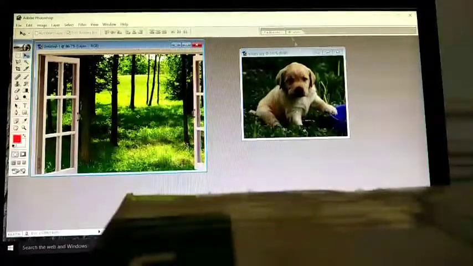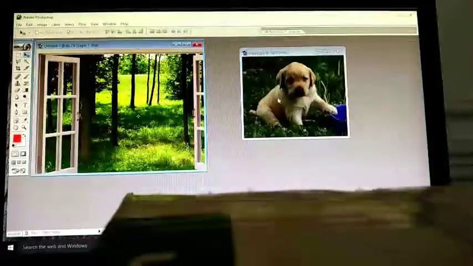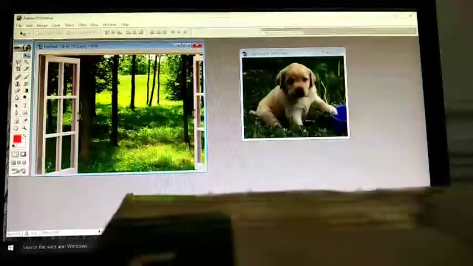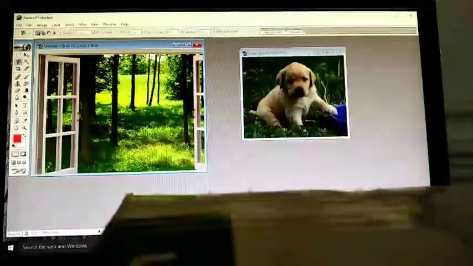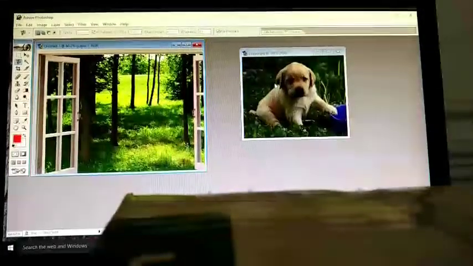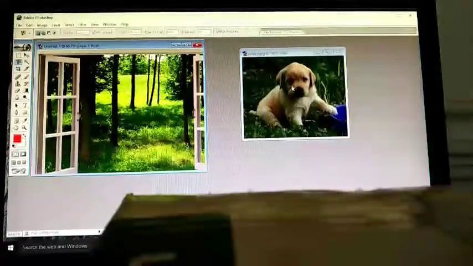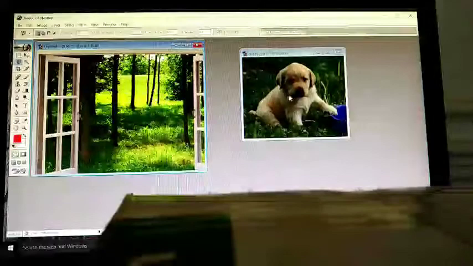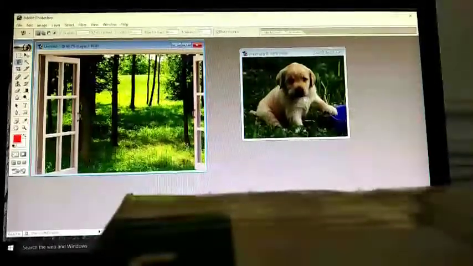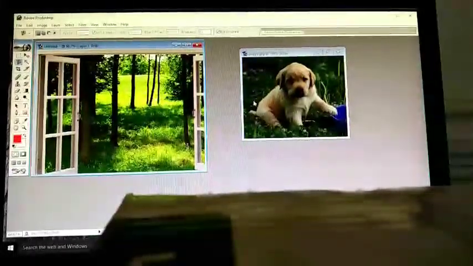But the best lasso tool for selecting such complex things is magnetic lasso tool. That is the next one, magnetic lasso tool. It allows you to select the objects with complex edges set against high contrast backgrounds, and this tool automatically sticks to the edges of the image, thereby making the selection very easy. Let's look at this magnetic lasso tool, how it works.